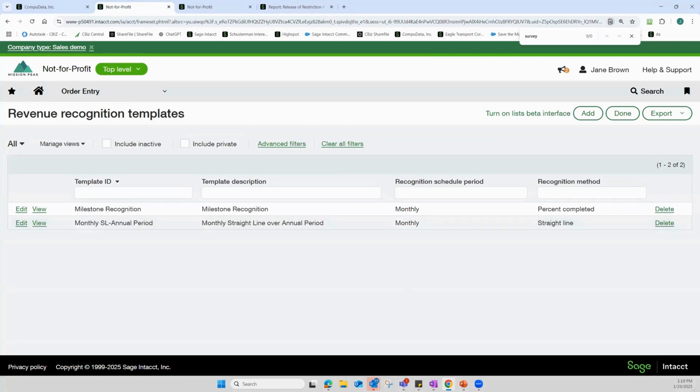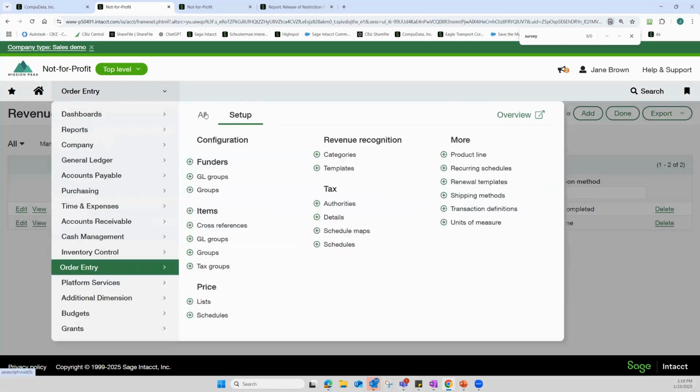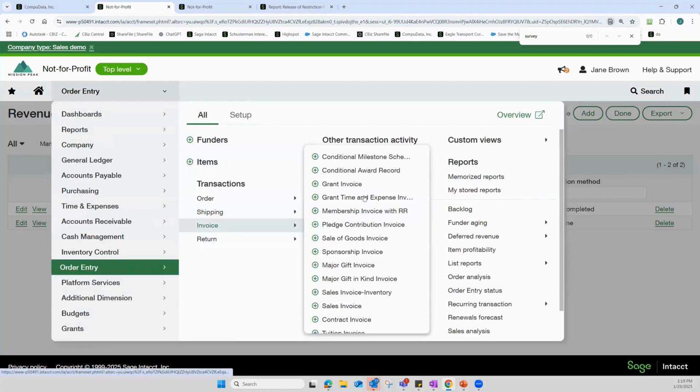Streamline, we're not going to cover in much detail today, but if you are a nonprofit that receives tuition or memberships and you need to, for example, recognize 12 months of revenue across an annual membership, you can utilize revenue recognition and order entry templates for that. Today, we'll look at this milestone percent completed recognition template. So if we take a look at